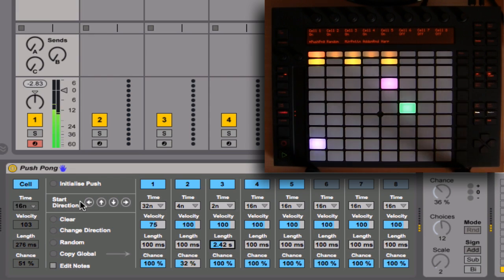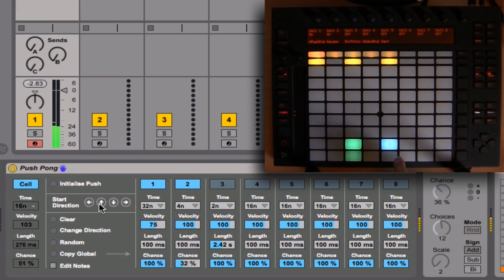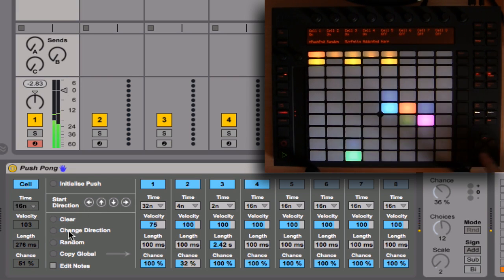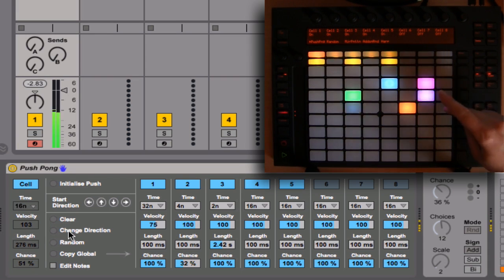We can also choose the initial direction that a cell will start in. So if I just press clear, if I press up, they will always begin up. We can also control this with the arrow buttons on Push. It will flash and show you what the current direction is. So if I choose left,